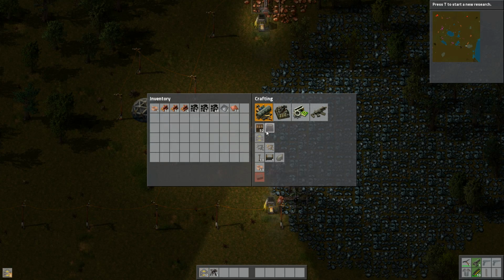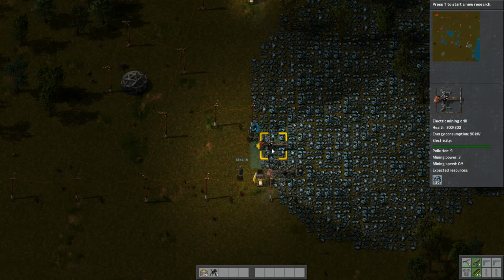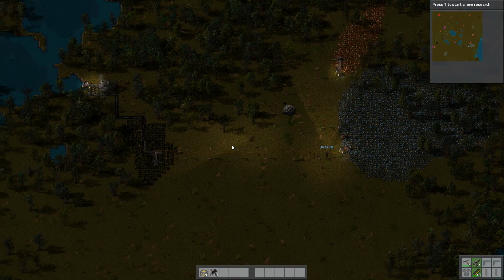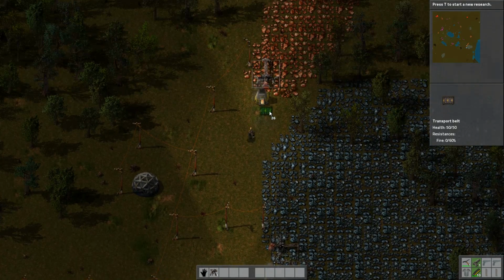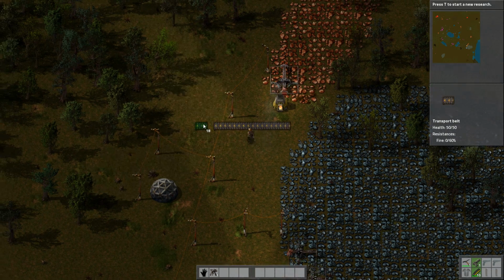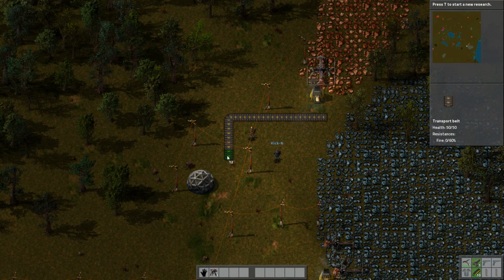And we also need another furnace. Did you make the furnace? I made the transport belts. Okay, do you have enough stone to make a furnace on you? Let's see here. Yes, I do. Okay. All right, so the first thing I'm going to do...